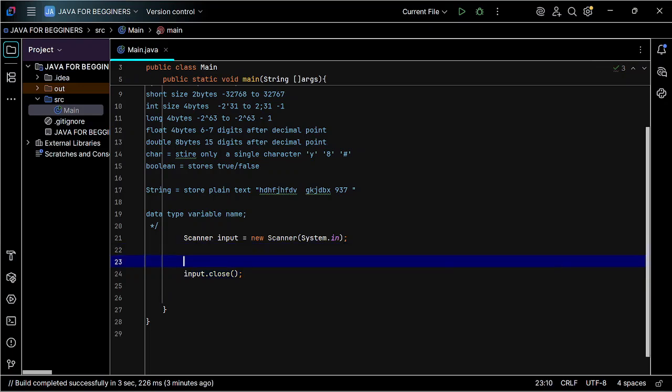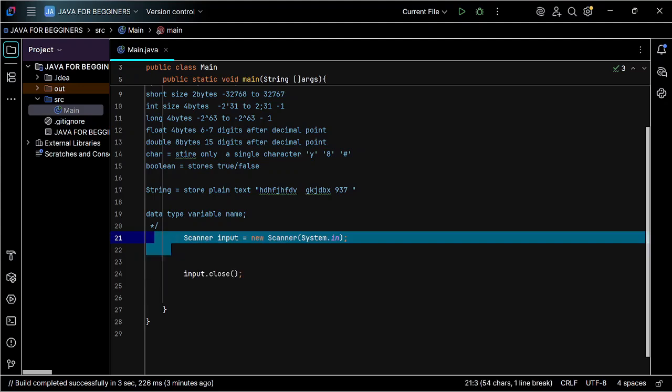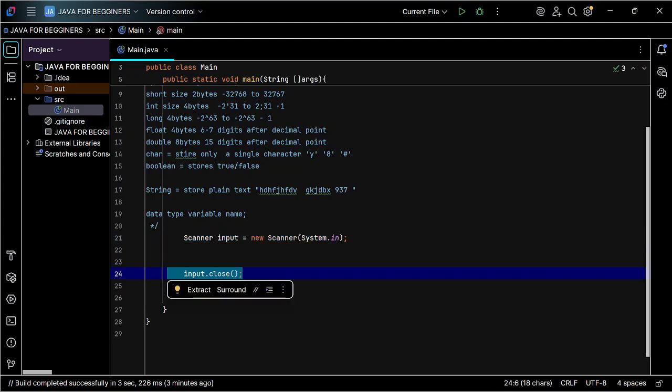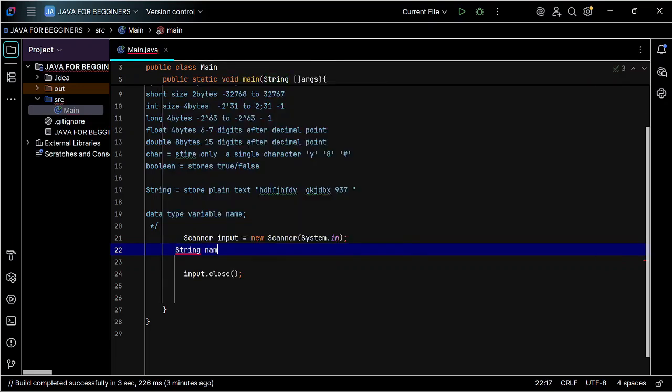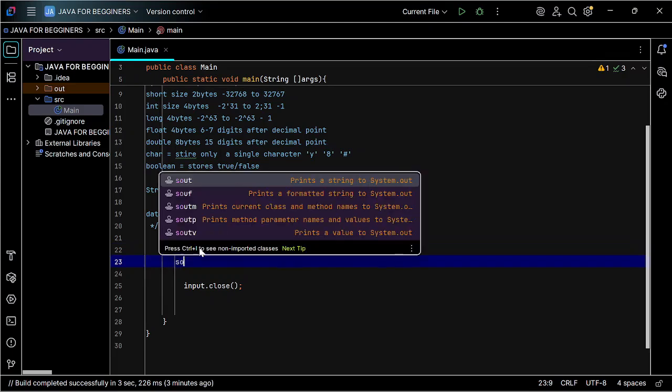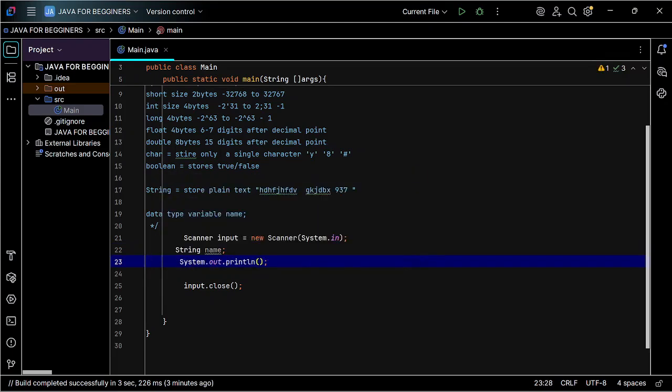So all our code now we're going to write between the scanner object creation and the close. First of all, I want to create a variable to store a name. So I'm going to say String name. Instead of me giving a name an initial value, I have to request the user to enter this name. So I'm just going to type System.out.print "Please enter your name",